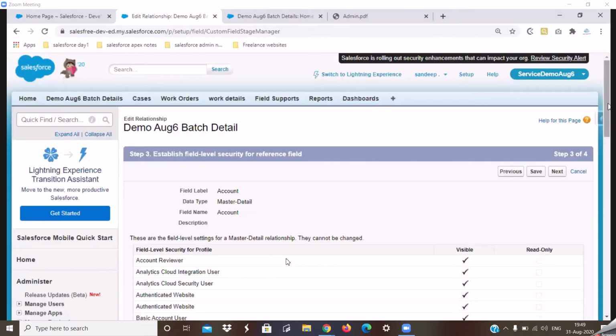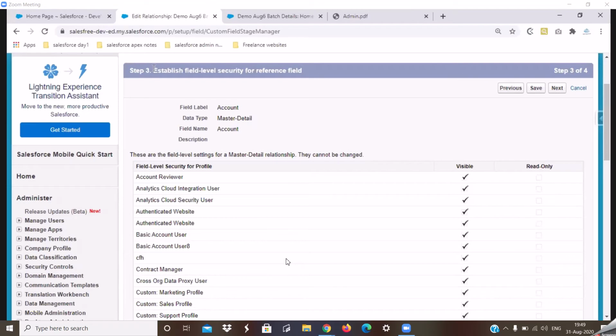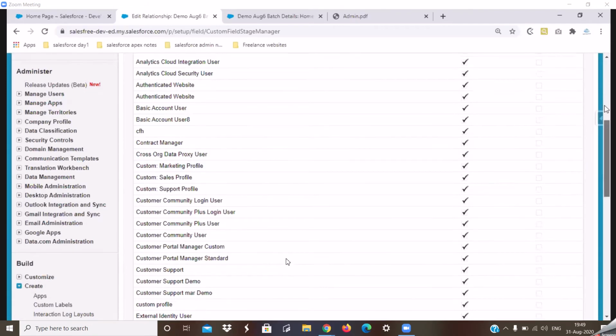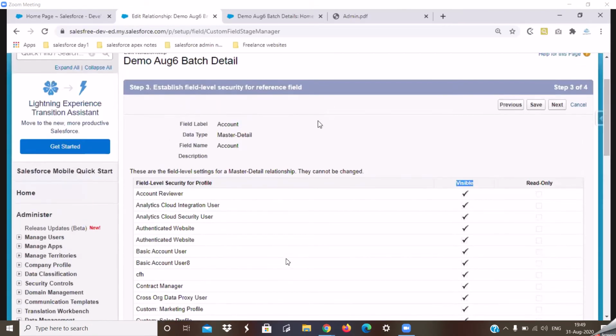On step 3, where I have to basically define the field level security, it is making my field visible to all the profiles in the system. And I'm not able to edit this column. The reason being, in the screen where we selected the data type as master detail, there was one point which talks about if you are creating a master detail relationship, the field on your child that is connecting these two objects is a mandatory field, is what we have learned.